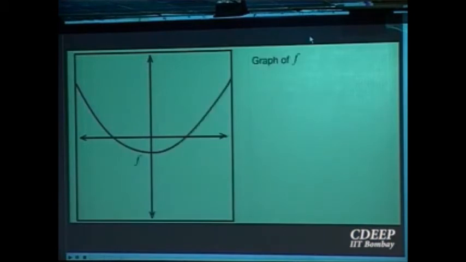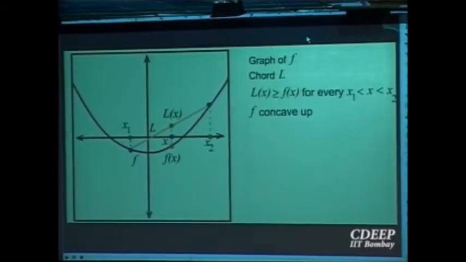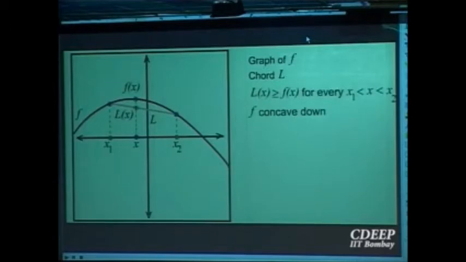So this is an increasing function, graph of f, but it has a property that if I take any 2 points x1 and x2 and take the points on the graph and take the line joining them, that is a chord joining them, that is a secant, that always stays above the graph of the function, wherever the points x1 and x2 may be in the domain. And look at the function which is of this type, then take any 2 points x1 and x2, wherever you take, and take the line joining them, then that chord is always below the graph of the function. So that is how geometrically you can distinguish between the two graphs.